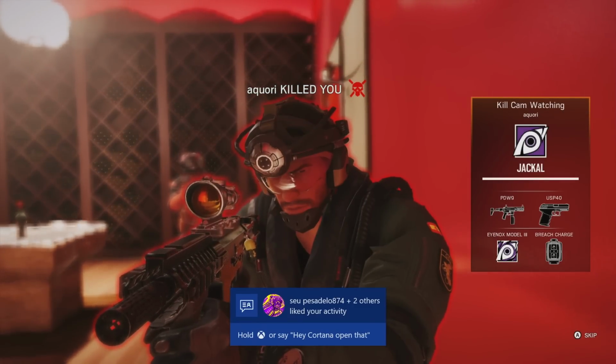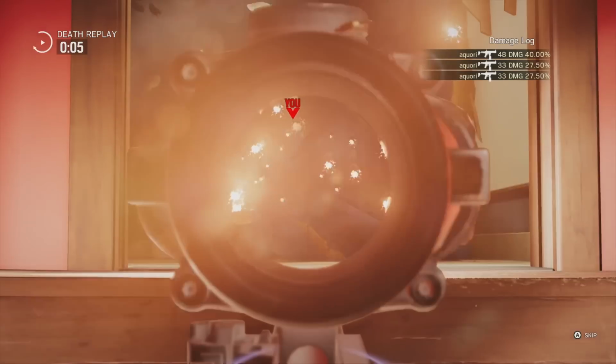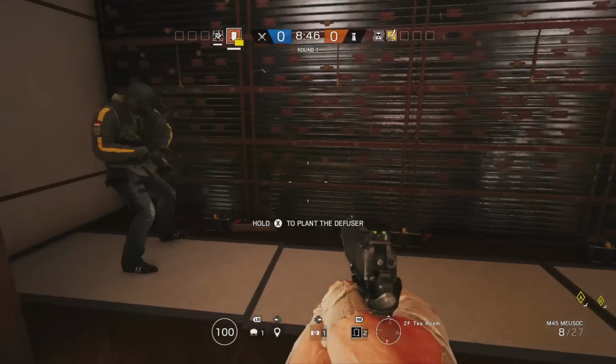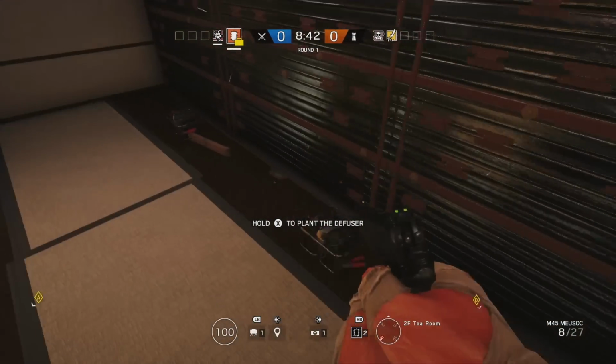But anyways, this line of sight is really, really sick. I like this one a lot, and the reason behind this one is because this entire floor is breachable. So pretty much any wall up here you can do. I chose to do this one though because it seems like a lot of attackers will sometimes come through the